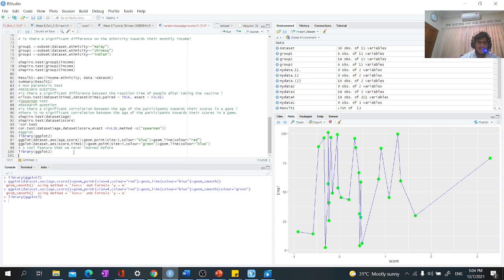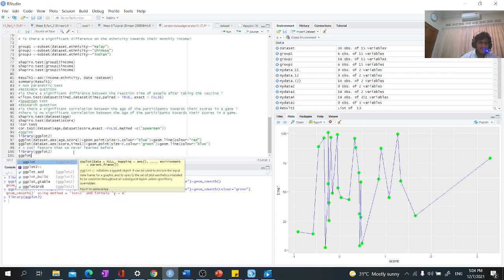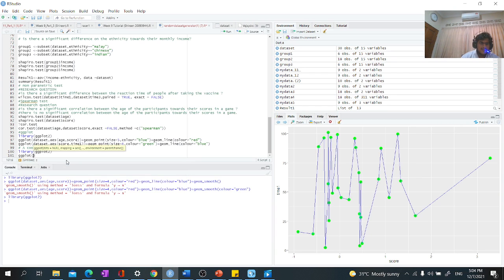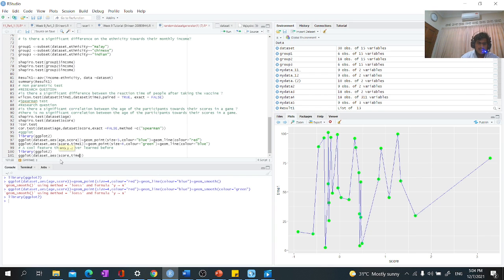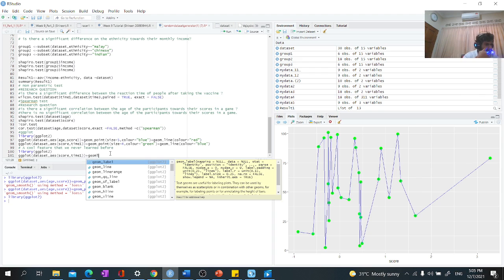Now we put ggplot, the dataset, aes, score, time 1, then geom line, geom point,